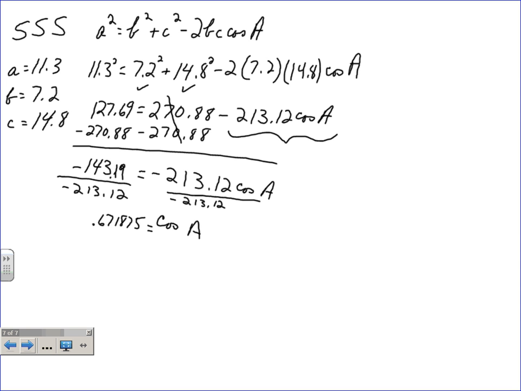What would happen if we had cosine A equals 5.671875? There'd be no solution, right? But we're on our way here. I can have a triangle with those dimensions. You go to your calculator, second cosine, making sure your calculator's in degrees, second cosine 0.671875. We're looking for the inverse function. And you will get the angle measure for angle A, which in this case should be